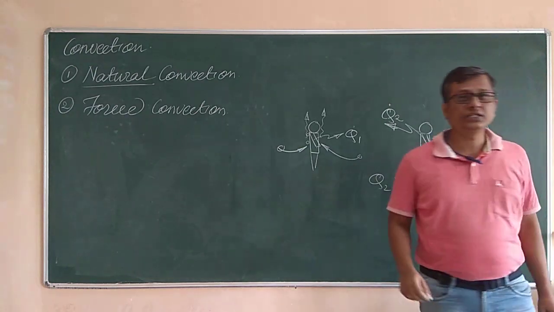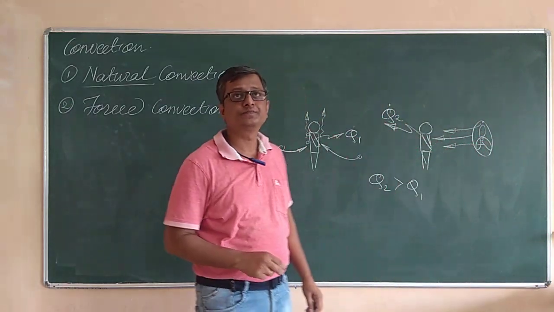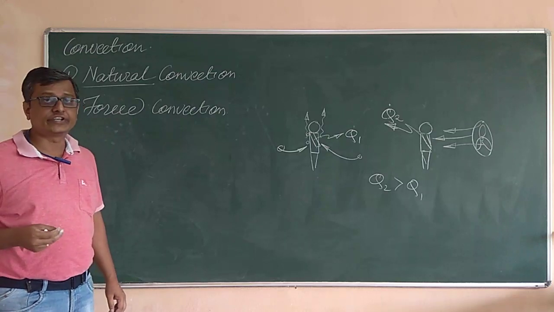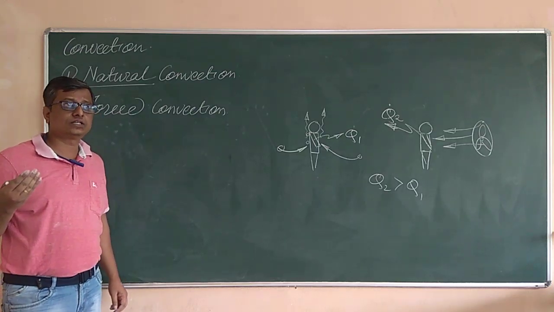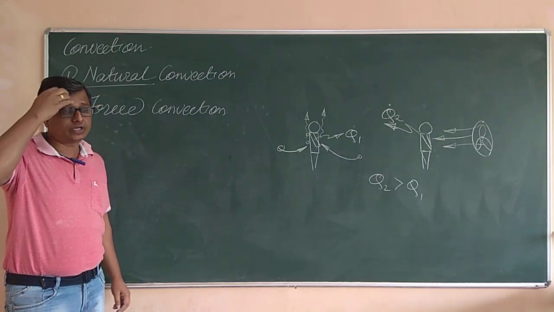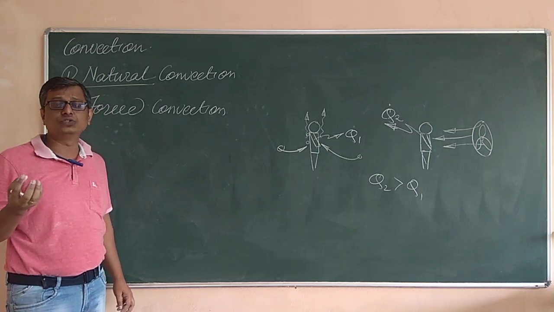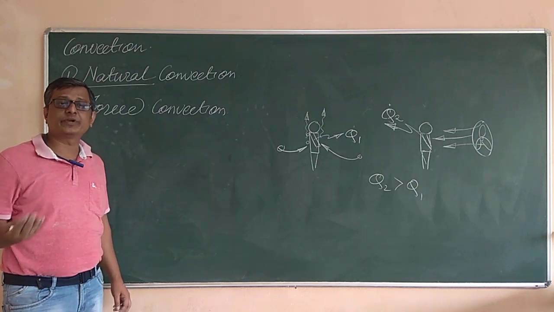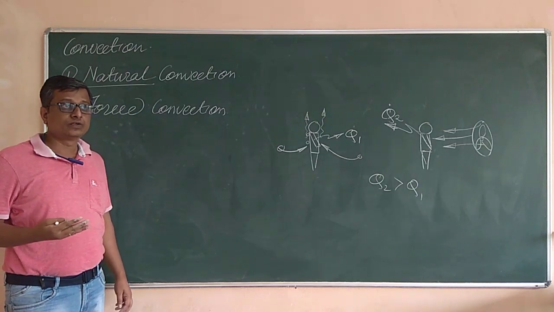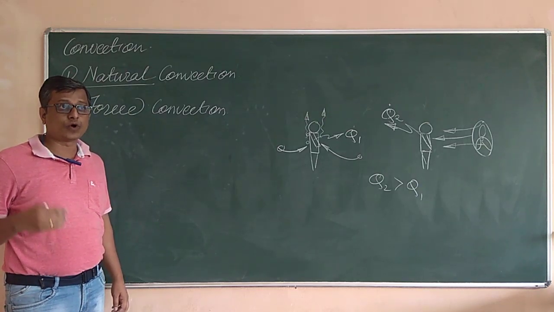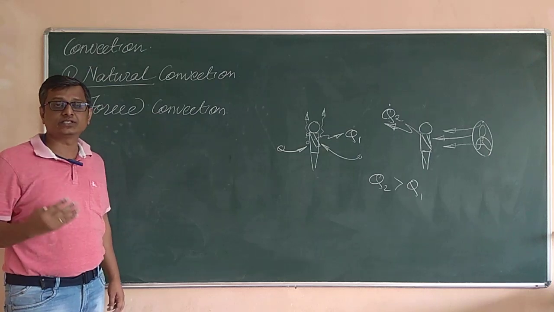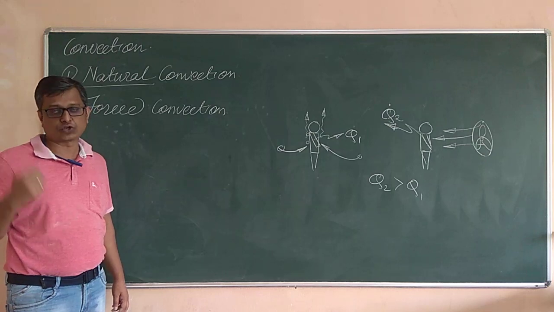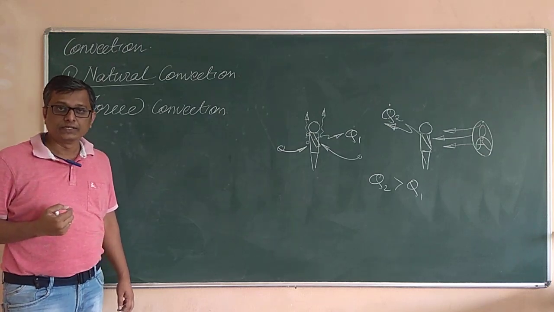So I think for today's lecture we should stop over here. In the next lecture we will start the radiative mode of heat transfer. We will see what happens whenever any radiation falls onto a surface, how the energy is dissipated. Some part is absorbed, some part is transmitted, some part is reflected. Then we will see how a body emits radiation on its own by virtue of its temperature, and the Stefan-Boltzmann law, that we will see in the next lecture.